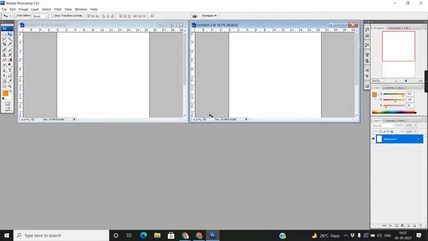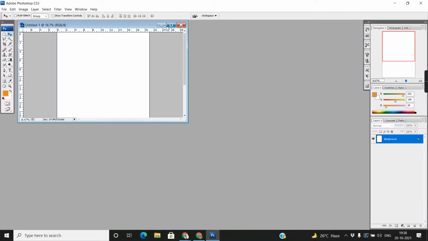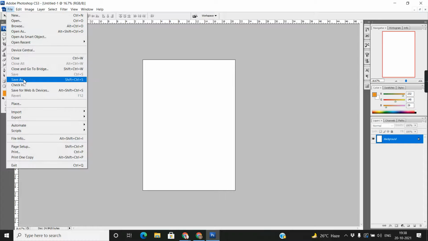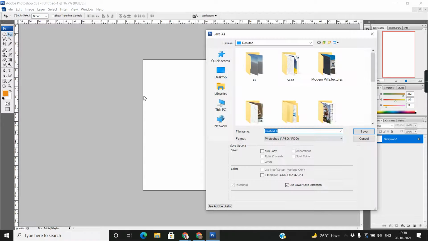Now I close this one, and be aware of the file format. The Photoshop extension is PSD. What is the extension of Photoshop? PSD. So where do we find it? If I go to File and Save, you will get this one, PSD.